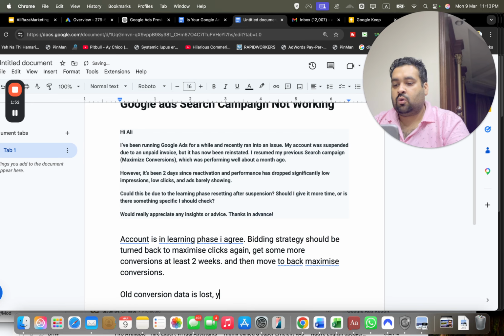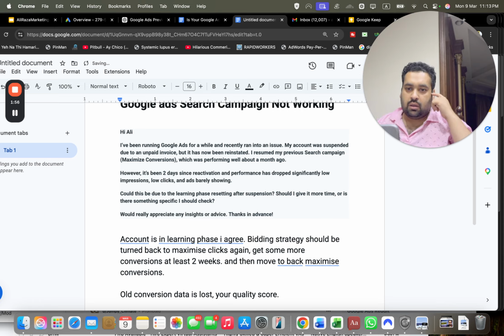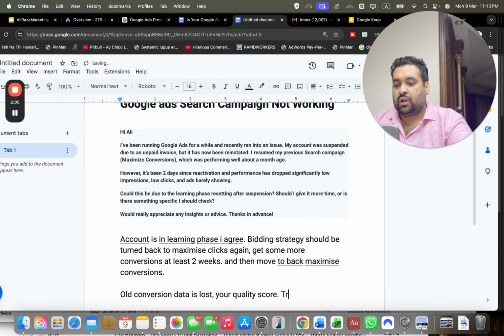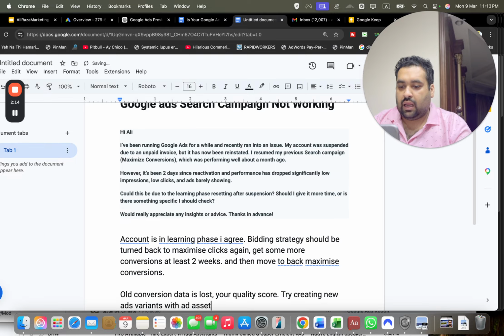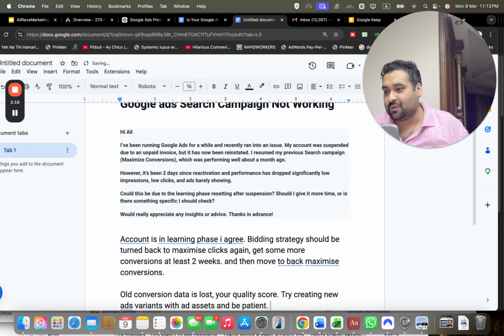and your quality score is also down, which is why you are getting fewer impressions. Your CPC is high and your ads are barely shown. So that is how you can optimize. Also try creating new ad variants with ad assets, and be patient. That is the recipe. Doctors usually give a recipe like this. So that is how you can resume your search campaign, which was working well before a month,